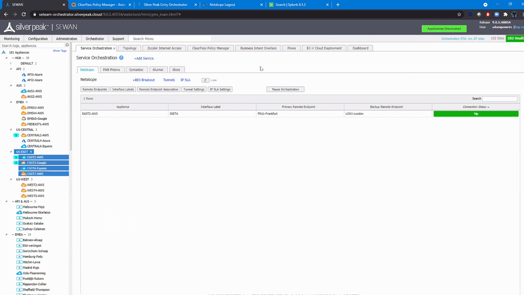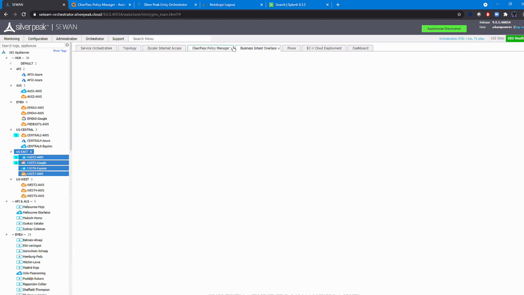You might say, how do I get that traffic into the tunnel? What does the steering mechanism look like? And in the Edge Connect, this mechanism manifests as a business intent overlay. So I'm going to click this little tab here,